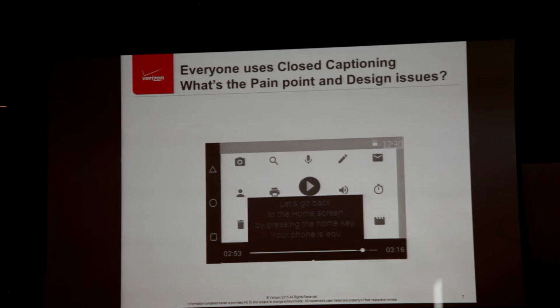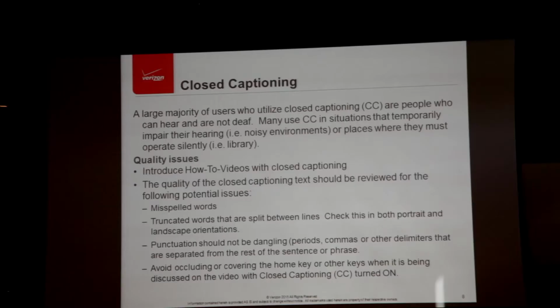Those are typical things. And if you were watching it on YouTube and it wasn't transcribed by a human, it's likely to be done automatically by some machine program, and it doesn't look pretty, right? Most of the time it's not quite right. So a lot of those issues are quality issues. How do we make those closed captions better? And it's usually a lot of effort and time to do this right.